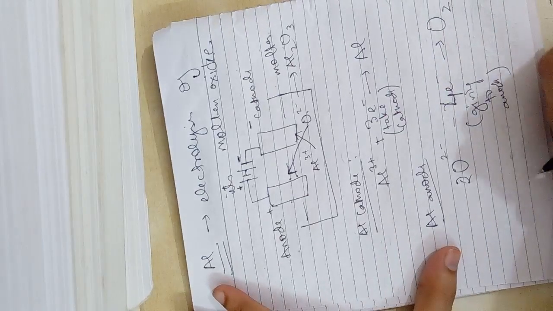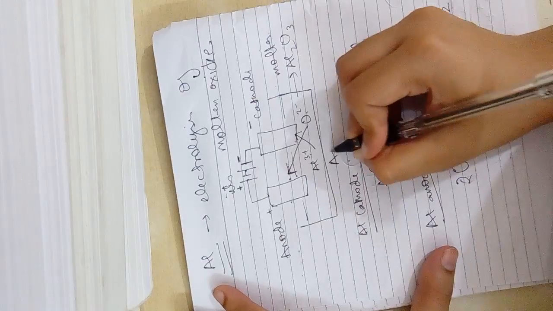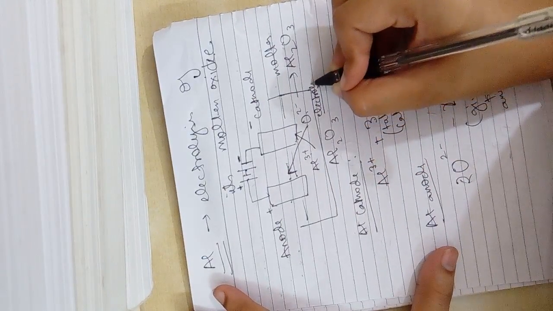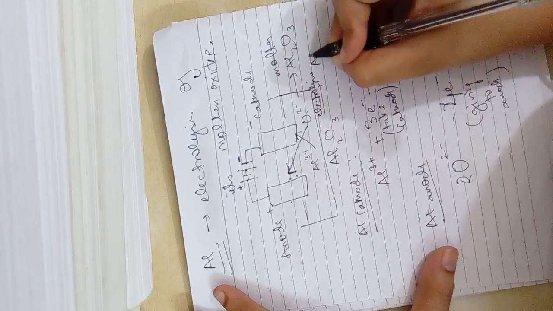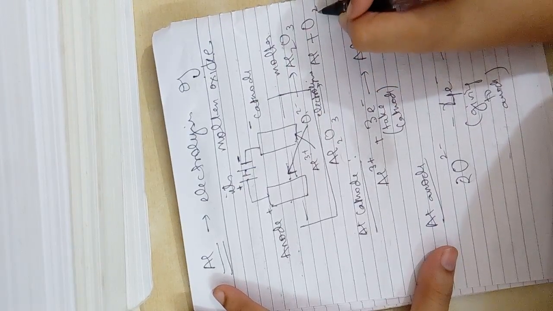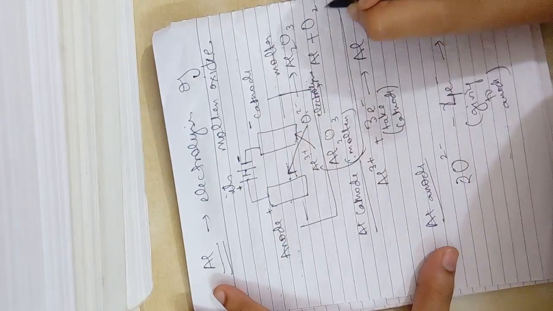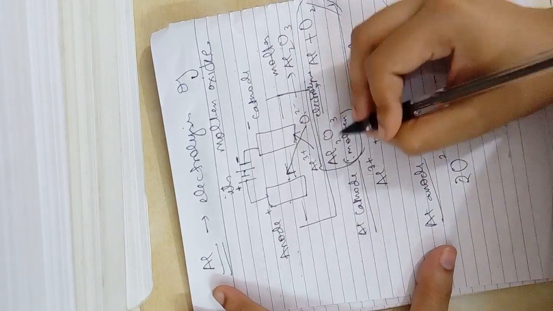And one main reaction that you have to write down at the beginning or at the end is Al2O3 on electrolysis gives you Al plus O2, and this is in molten form, and I'm leaving the balancing part. So this is